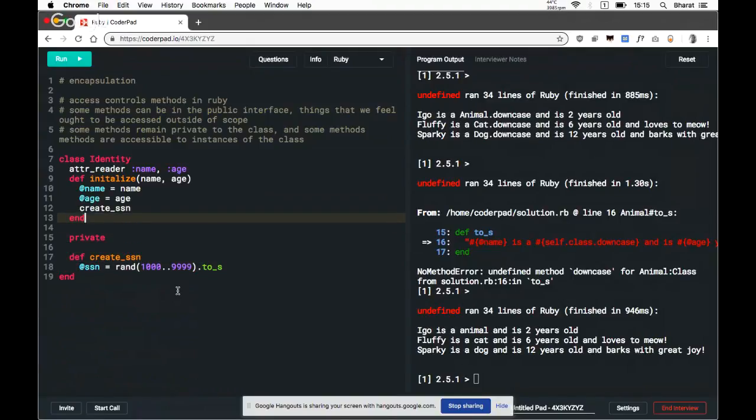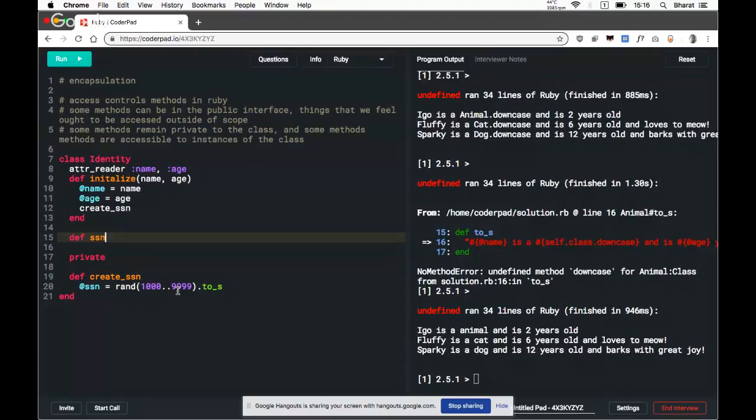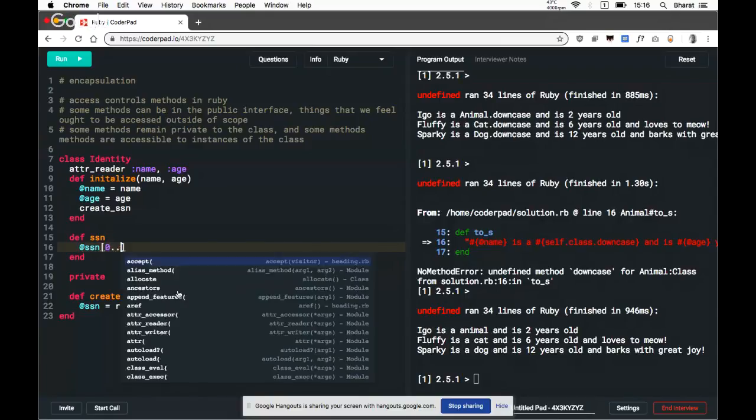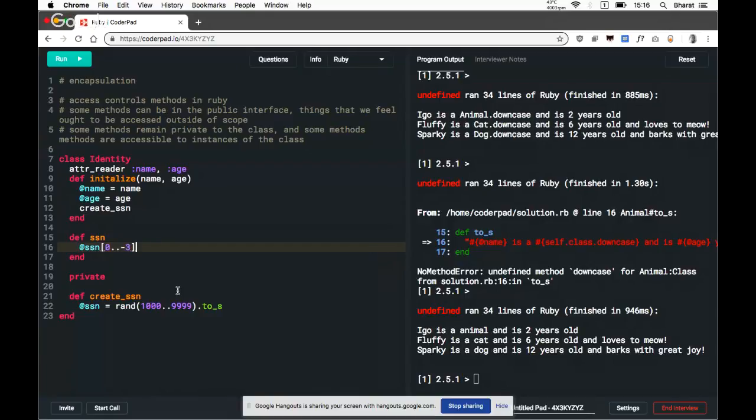So let this be. I don't want anyone to be able to write an SSN. I want an SSN to just be created. Now I'm giving an instance method which I'm making public, and I'm only providing a certain amount of information about the identity.